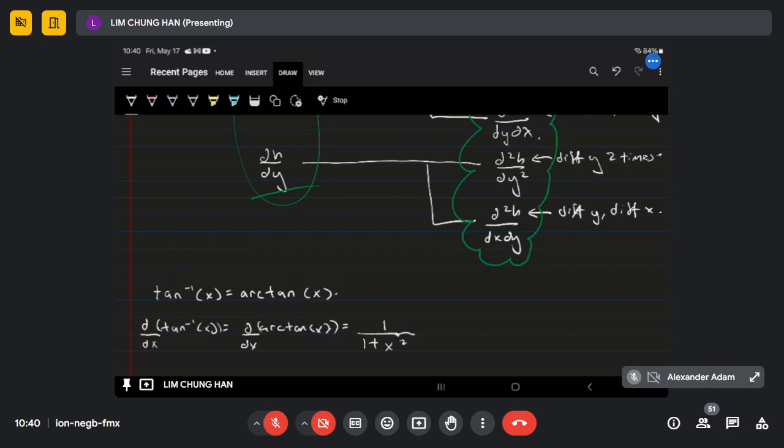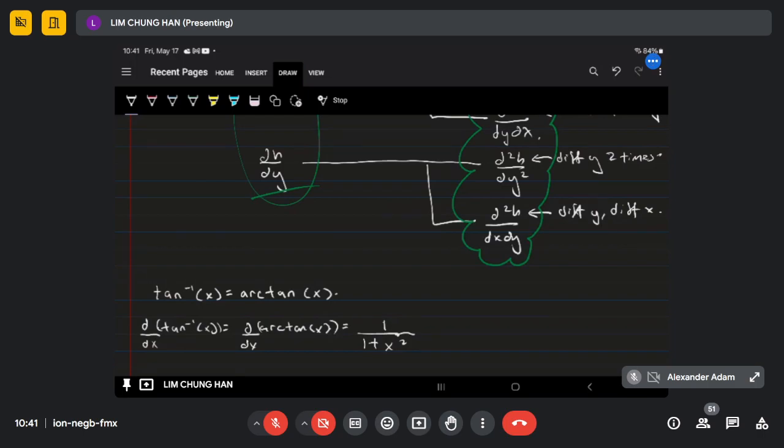Okay. So this is correct. So that's the relationship. Inverse of tan x is also the same as arctan(x). And when you differentiate arctan(x), you get 1 over 1 plus x squared. Okay, so now that we know this,